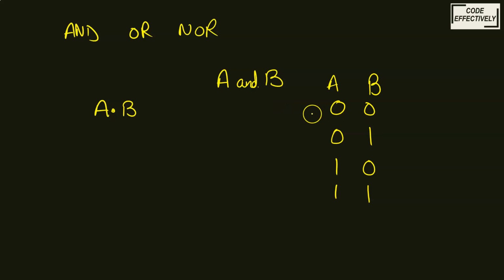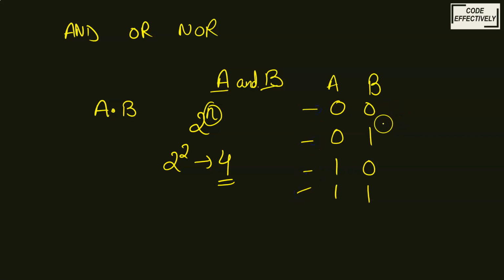Okay, so basically how we can calculate how many times A will have 0 or how many times B will have 0 is exactly with the formula 2 raised to the power n. And here n is the number of operands we are using. Here we are using two operands A and B, so we will take 2 to the power 2, which gives us 4. So we have 4 combinations we can have here. That's why I am using 0, 0, 1, 1, and here for B, I am using 1, 0, 0, 1. You can have any. So these are the only four ways of A and B.